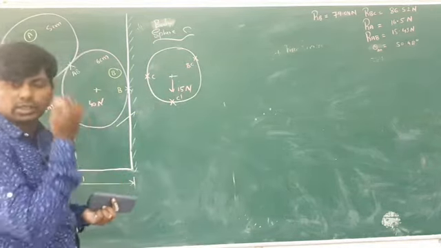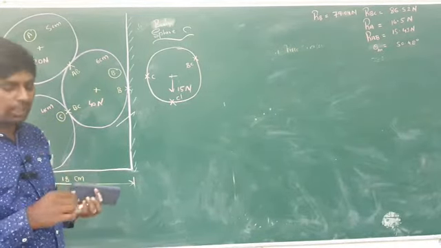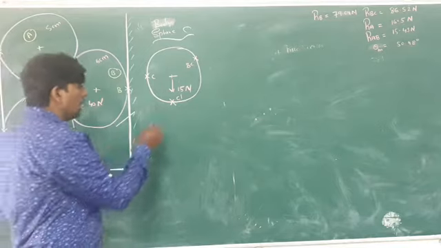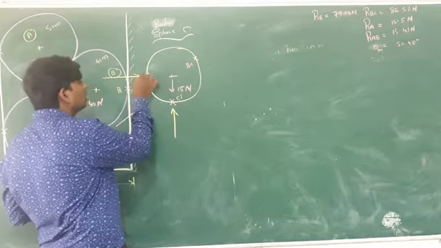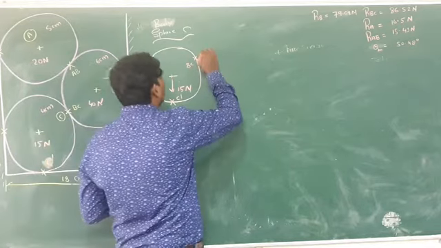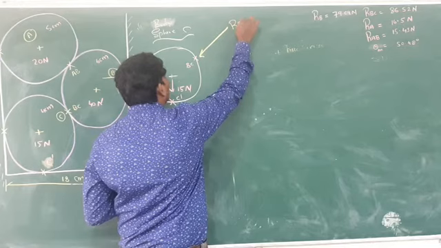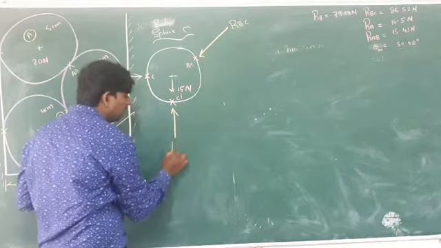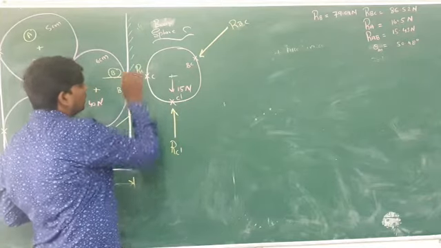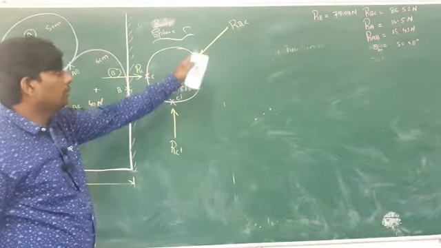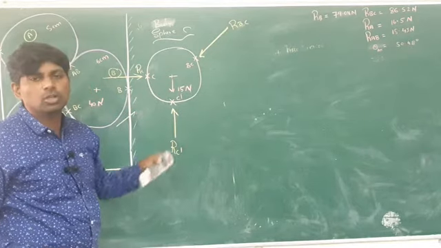Now you have to locate the vector. After touching that point, it should touch the center. So after touching each of these points, it will touch the center. So this can be named as RBC, this can be named as RC dash, and this can be named as RC. As you can see here, RBC, RC dash, RC, and self weight is equal to how much?